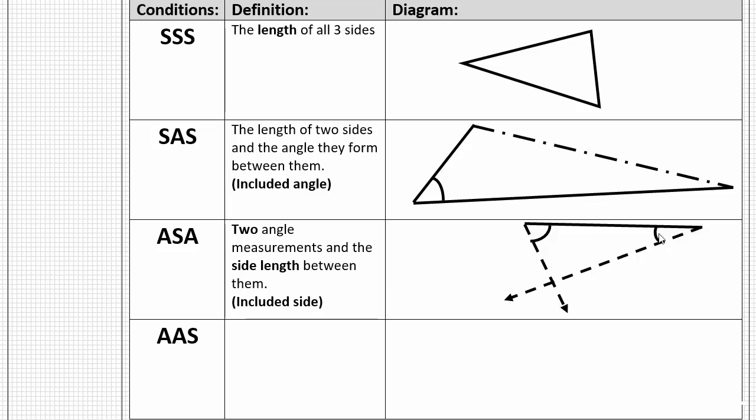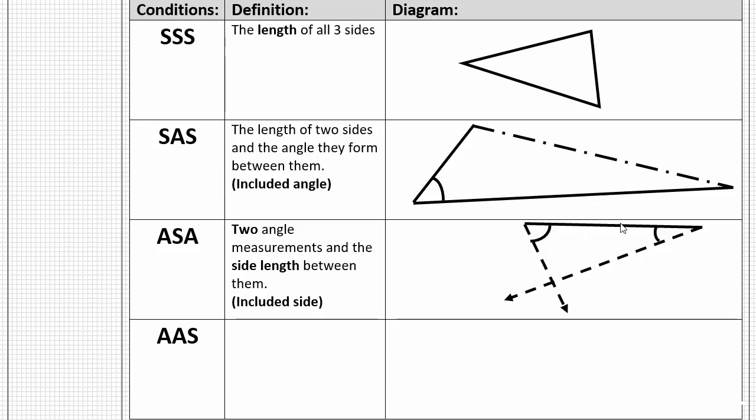So we measure with our protractor this exact distance off this exact side length from the other edge. Use our pencil to extend that line out, and we can see that they're always going to intersect at one specific spot because the two angles are locked in as well as how far apart they are. So once again, on this third condition, angle, side, angle, this would be enough information to create